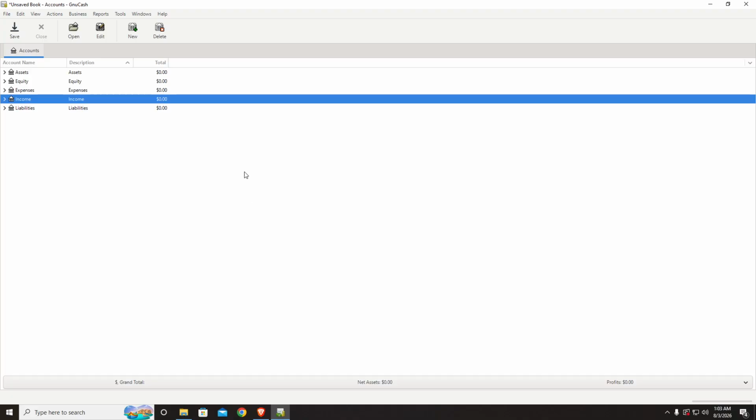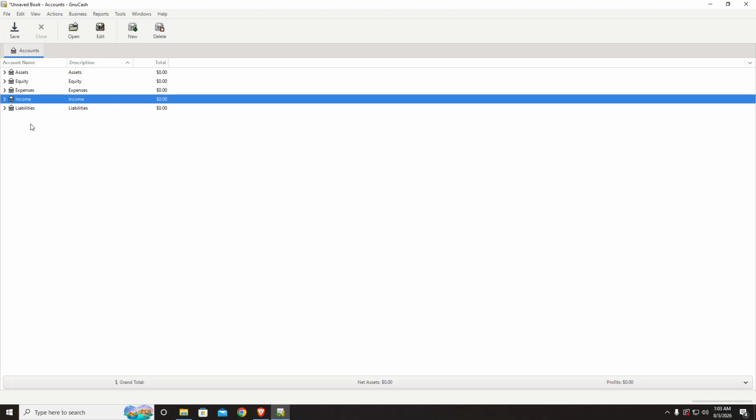First, open your Gnucash app on your computer. Once the application launches, you'll need to wait a moment while your financial data loads up. This might take a few seconds depending on how much data you have stored, so just be patient while everything initializes properly. Now, once your data is fully loaded, you'll see your main Gnucash dashboard with a list of all